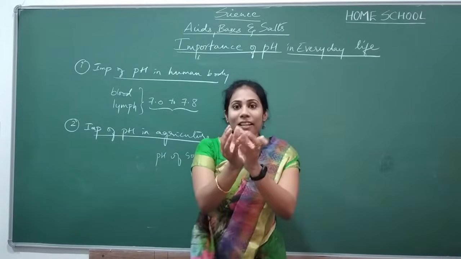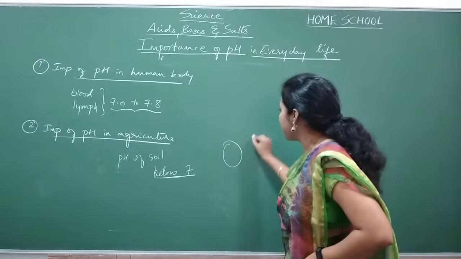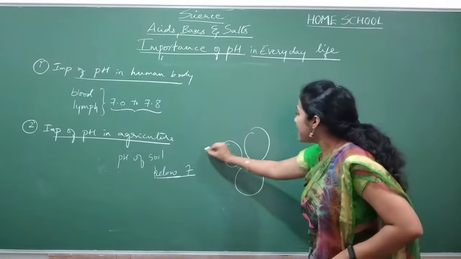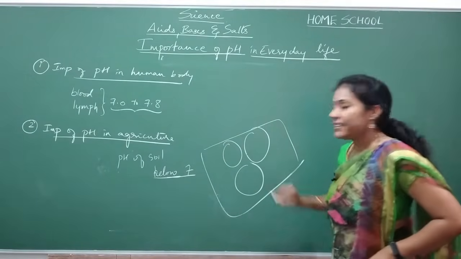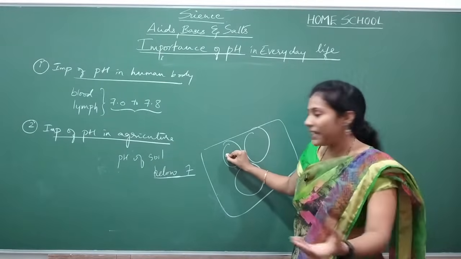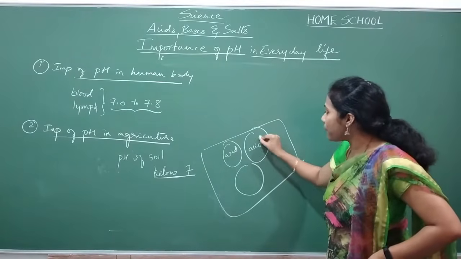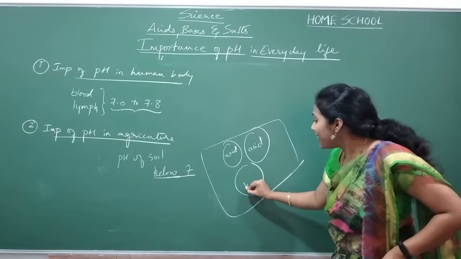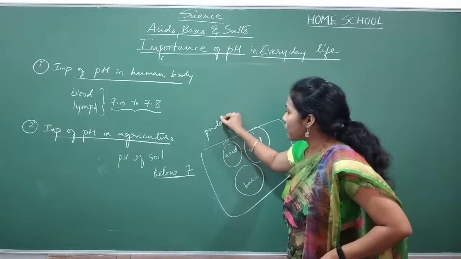Got to know? Say, for example, you have 2 to 3 areas. Imagine this is all in 1 acre. I have taken 3 regions. In this region I have measured the pH of the soil, it is quite acidic. In this region, it is quite acidic. In this region, it is quite basic. And I am growing paddy plantation here.